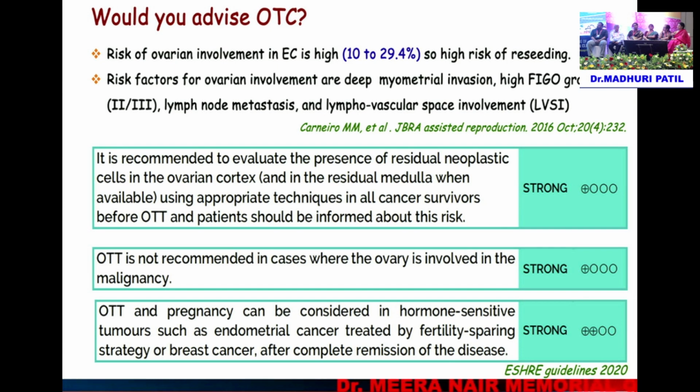And when you're going for stimulation, is there any particular protocol which you would use? I would prefer to use the progesterone PPOS protocol, because progesterone is protective to the uterus. You can also leave the LNG IUD in place and use that as a down regulator and carry on with your stimulation, because that has been seen to reduce the recurrence rate in these patients.